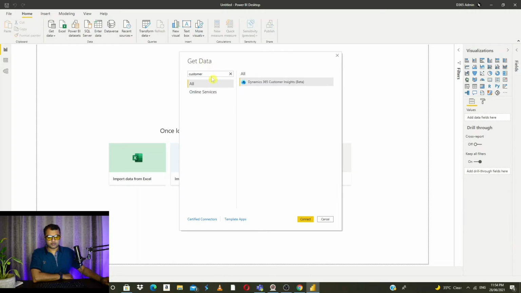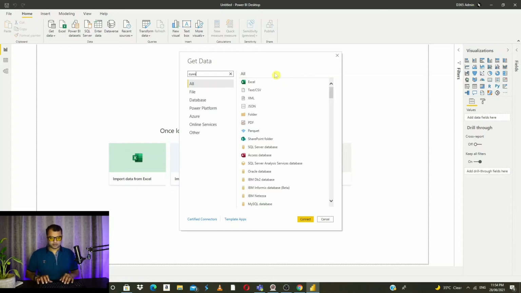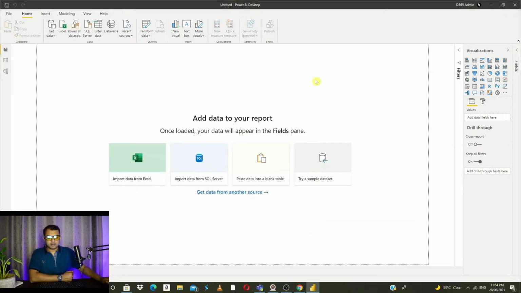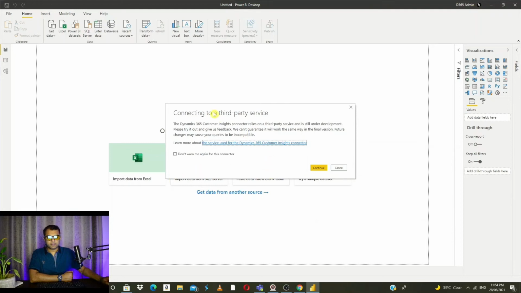To connect to customer engagement, you need to go to Get Data and search for customer insights. And here's the connector which we are going to utilize for our connection. Select that and click on connect. Click on continue.